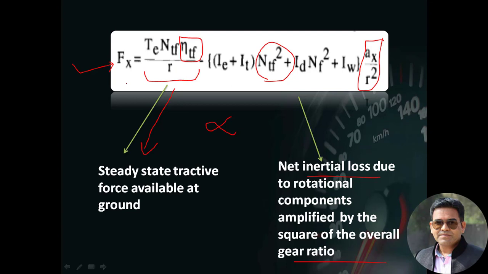If we try to correlate the longitudinal acceleration and the rotational acceleration, then we can say that the longitudinal acceleration equals the rotational acceleration times the radius. So this becomes our Ax. With the help of this relation, alpha is removed from the previous equation, and the final equation is in terms of Ax divided by r. So this becomes our final equation.